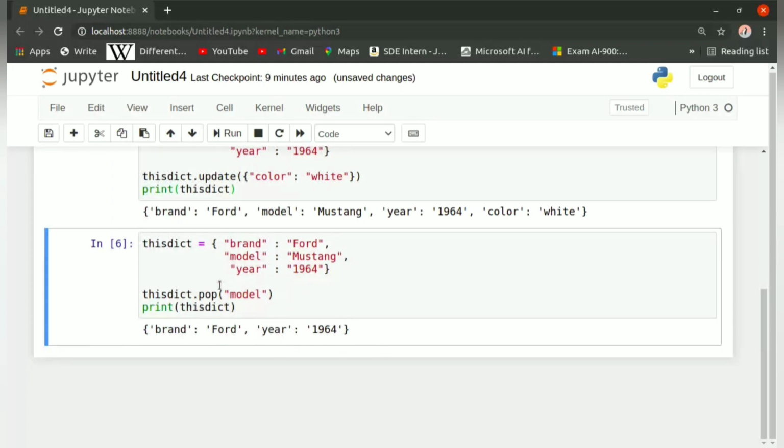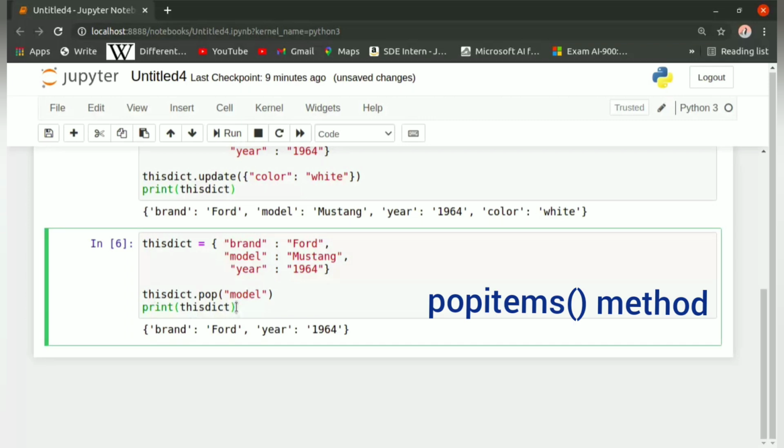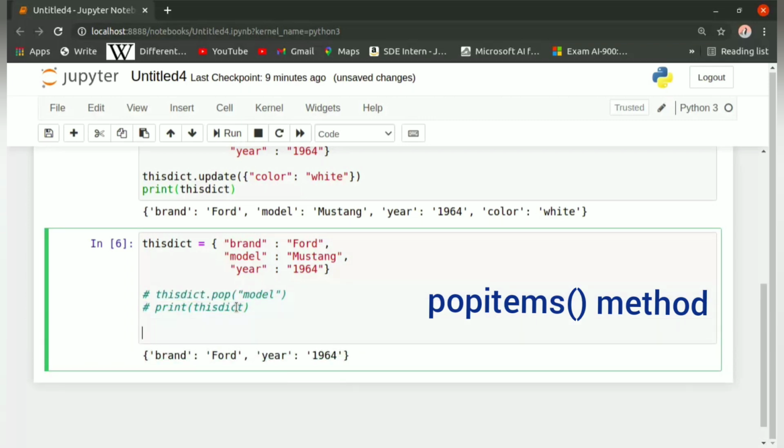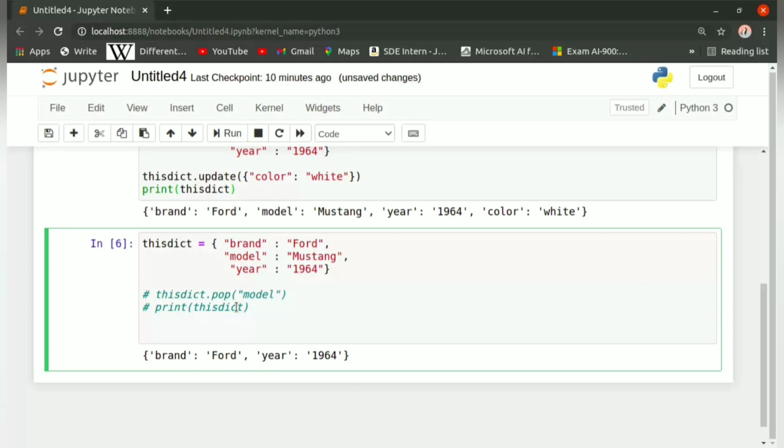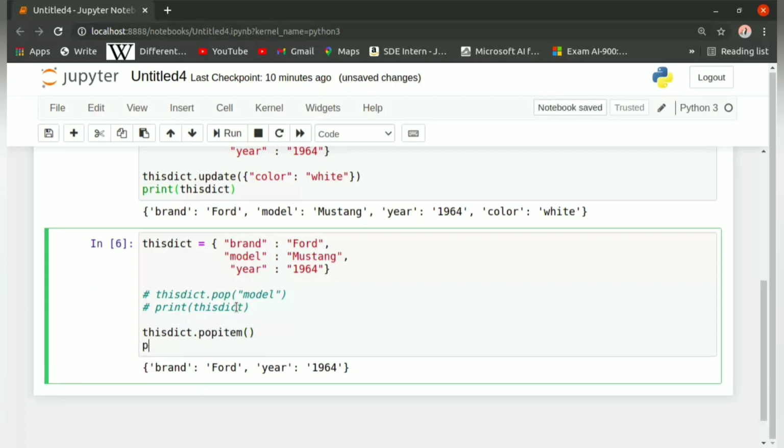Now another method is the popitem method. The popitem method is used to remove the last inserted item. The thing that we were not able to do in pop with zero arguments, we can do here. That is, we can write this dict dot popitem without any argument and see what is the output.